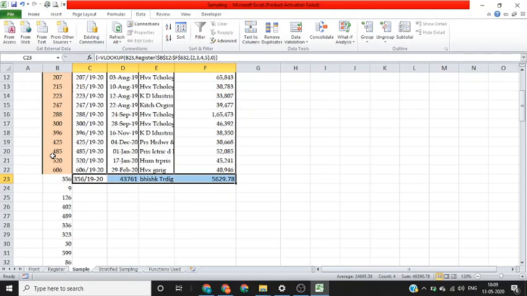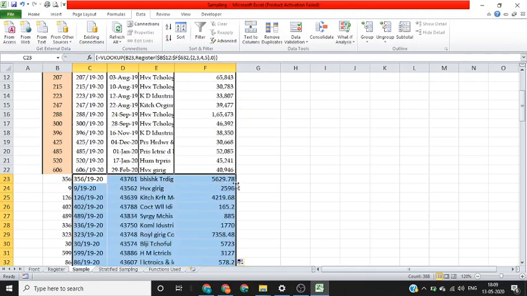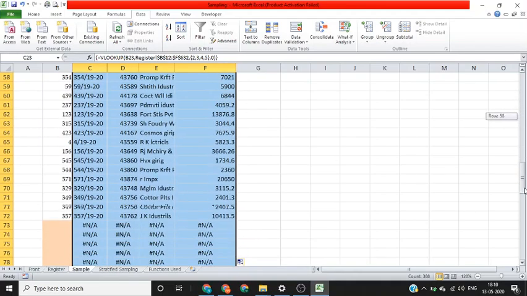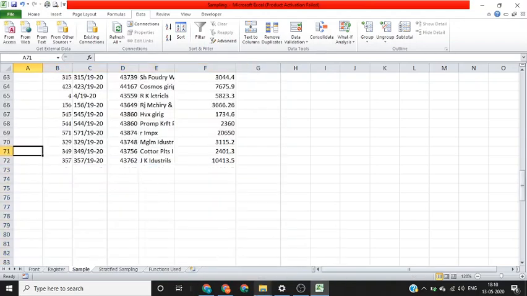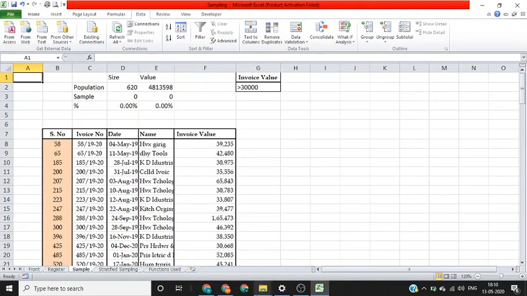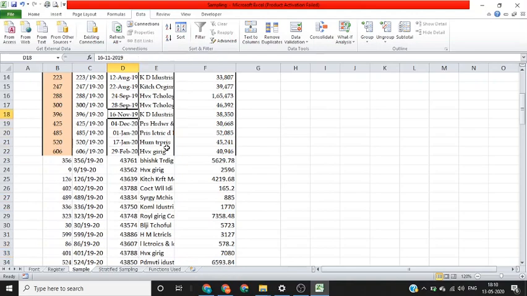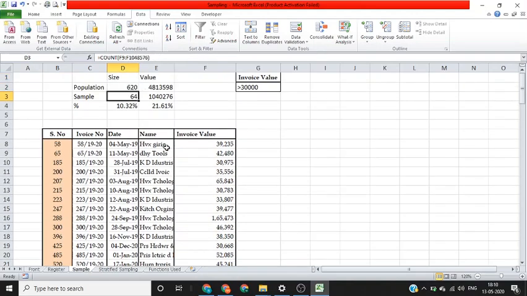So here we have got the result for all the 4 columns at one time, and we'll drag this formula till the last serial number, and we got the data for all our samples. There's one less sample that has come here, but otherwise for 64 sample size the value is 10 lakhs, and these are the relative percentages.